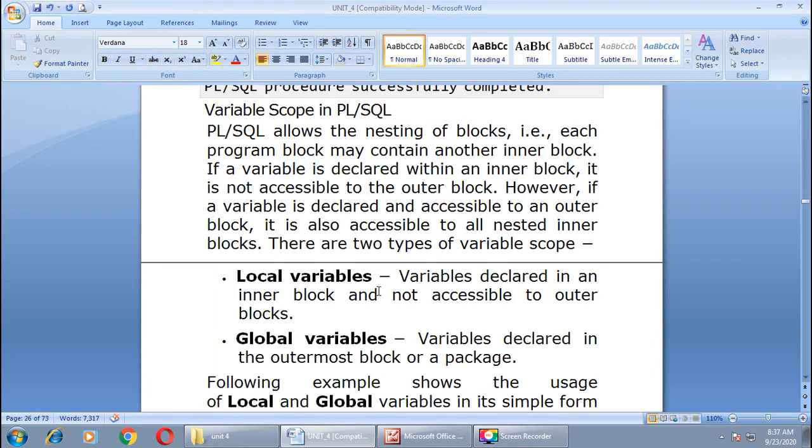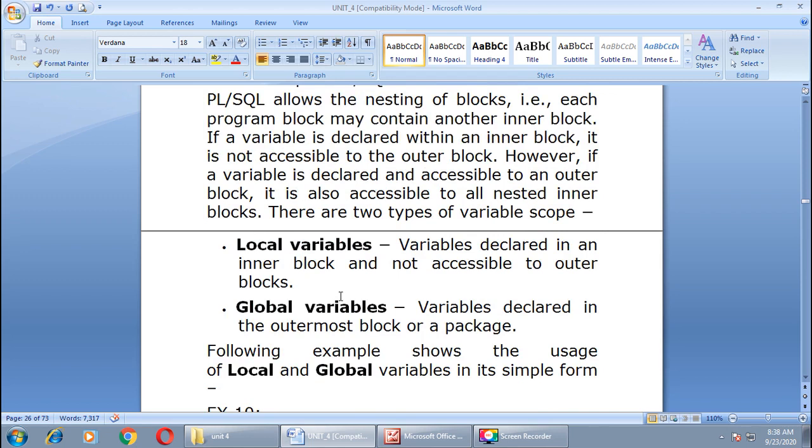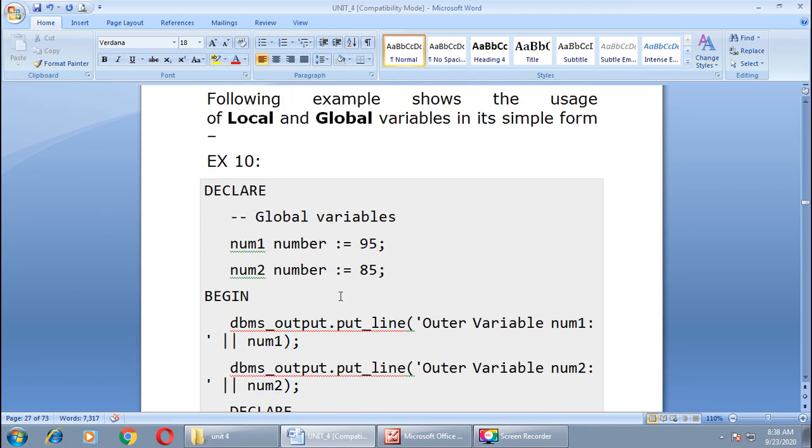In the last lecture of Oracle, we studied the scope of PLSQL variables. There are basically two types of variables available in PLSQL. First one is local variable, and second is global variable. Local variables are declared in an inner block and are not accessible to the outer block. The variables declared in the outermost block or a package can be accessed throughout your PLSQL block. This is the concept of local and global variables. We have gone through one example also, where we declared some global variables as well as some local